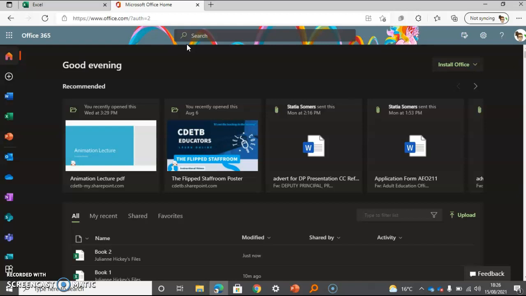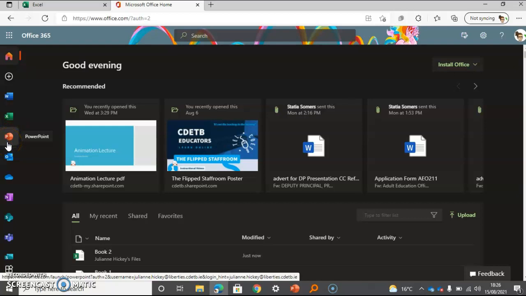But for you, it should have a welcome screen. And you can see on this side, there's the Install Office button. And this allows you to install the Office directly onto the PC that you're going to be using for college. But you can very easily continue to use Office in the cloud and using all of your online apps that have been given to you for free using your